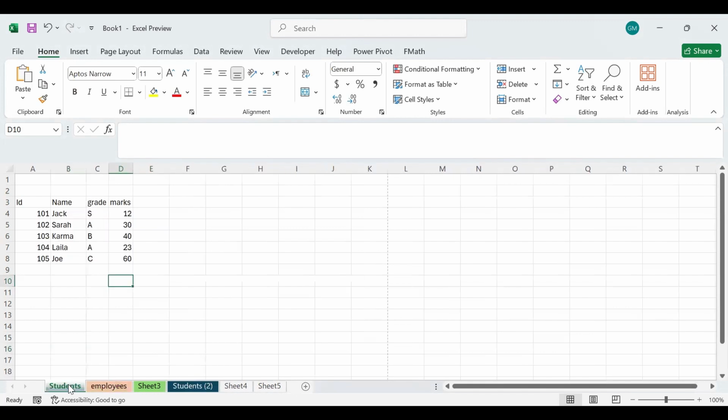Also, when you click any sheet like this, you can see it as opened, as active. It means that this sheet is the one I'm currently working on, and the others are inactive. What if I need to do the same in all sheets? I have the same header in all sheets in the same place. Do I need to write it in every sheet? If I have 10 or more sheets, I have to write the same header in every sheet. This is a very time consuming process, but